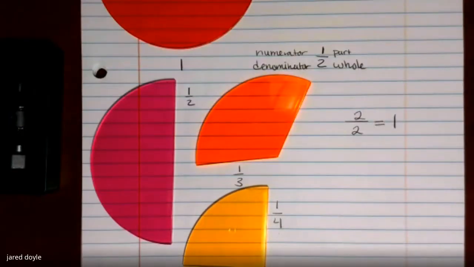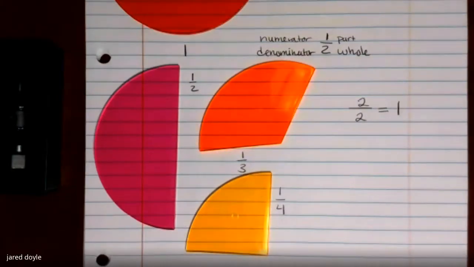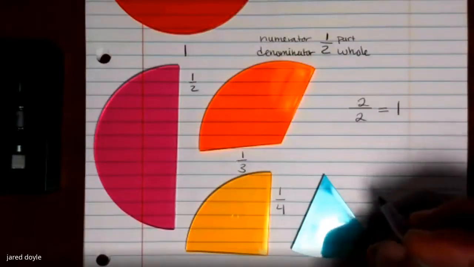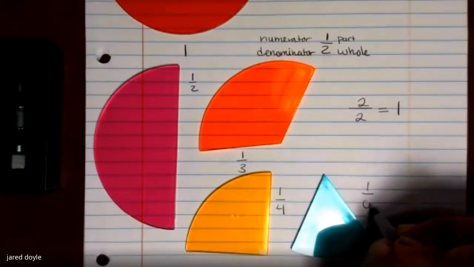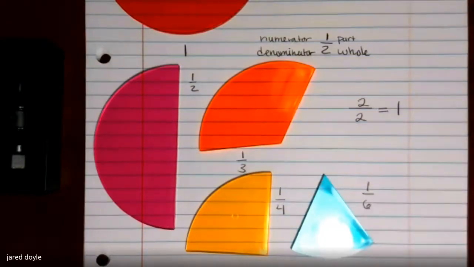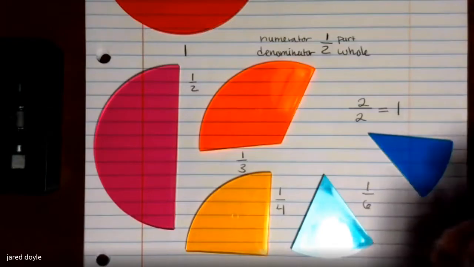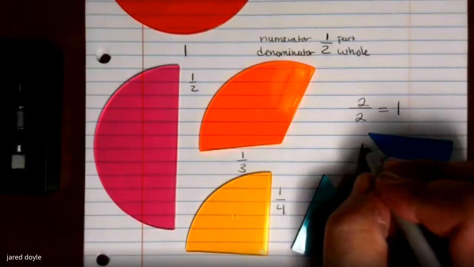Okay. And now let's say we broke it into 6 pieces. This would represent 1 out of 6 pieces. And if we did it some more, broke into more pieces, let's say we cut it to 8 pieces, this would represent 1/8